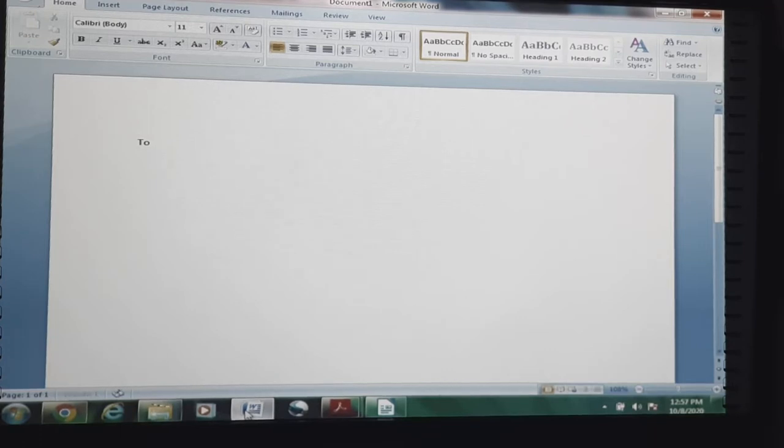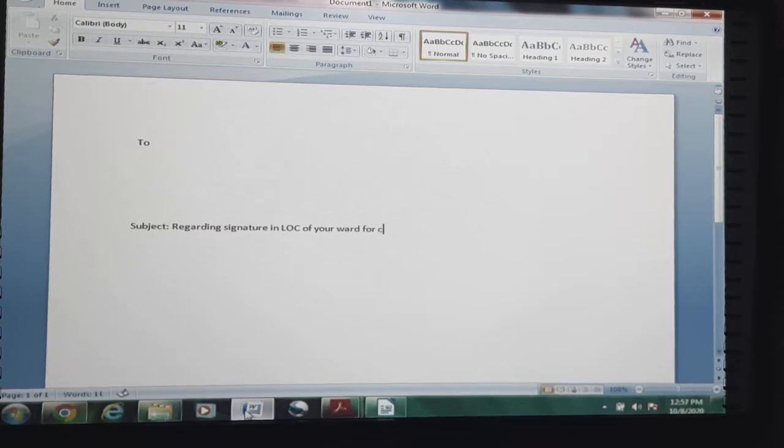Space I am keeping, then subject: regarding signature in LOC of your ward.